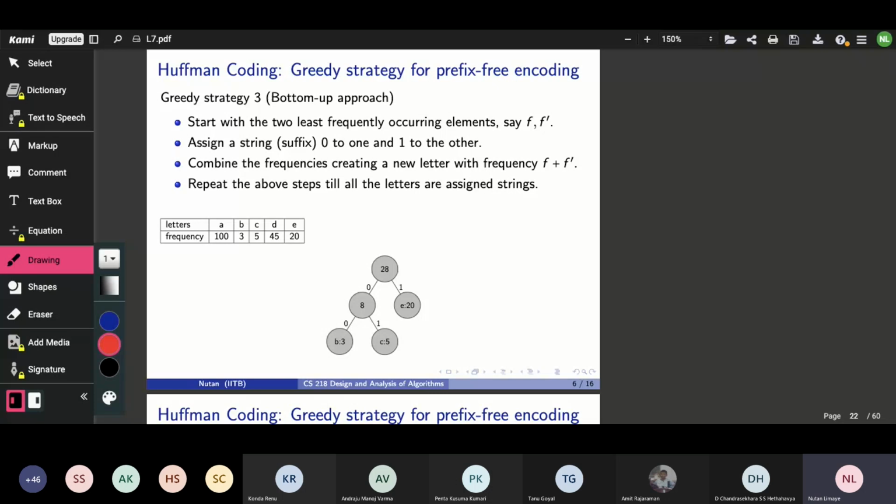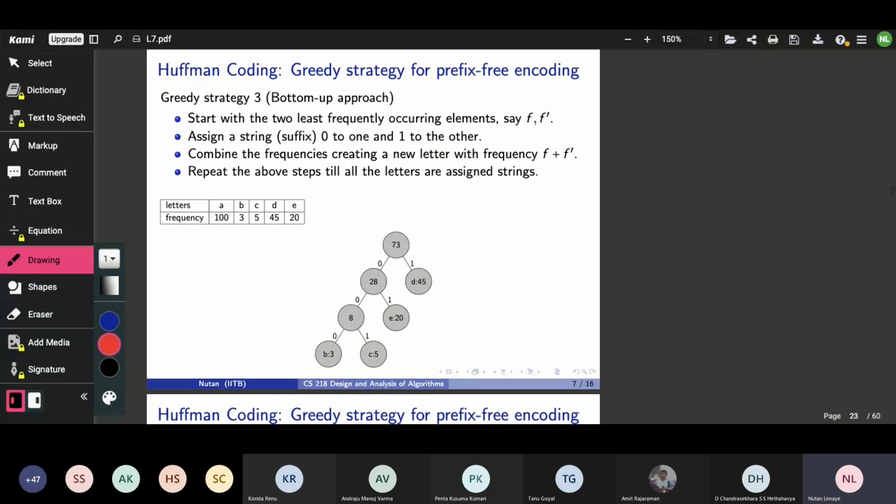Had I made it the right child, the edge feeding into that would have been labeled 1. But I have chosen arbitrarily to make it 0. And this new letter has been added as the right child of the new root, and therefore the label on that edge is 1.